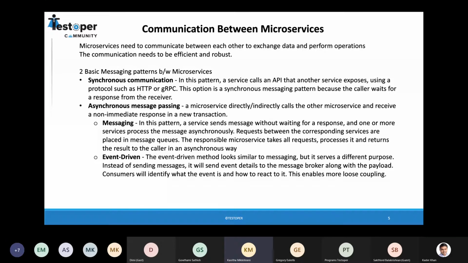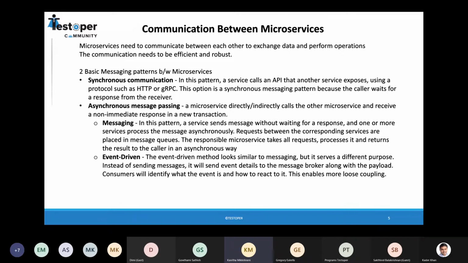So that is one kind of option we have. Another is the event driven. Event driven is slowly picking up nowadays, where we don't have to send a huge request in the message, but a small status or the event based approach is being done. So a message broker holds the small event, and the consumer will identify that and pick it up.